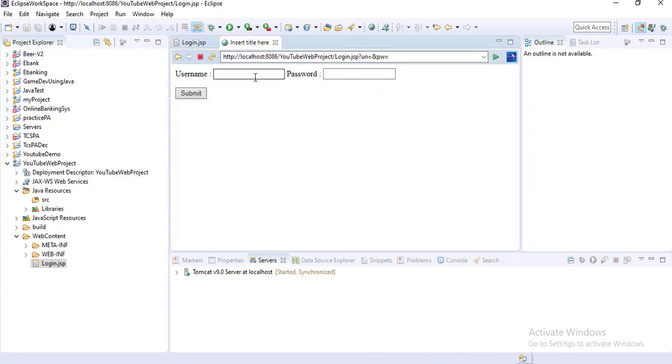and give the username and password as 1234, and if you click here, then you can see that the username and password are coming in the URL. This is because this is basically a get method. I'll explain later what the difference between get and post is. Here, if you mention